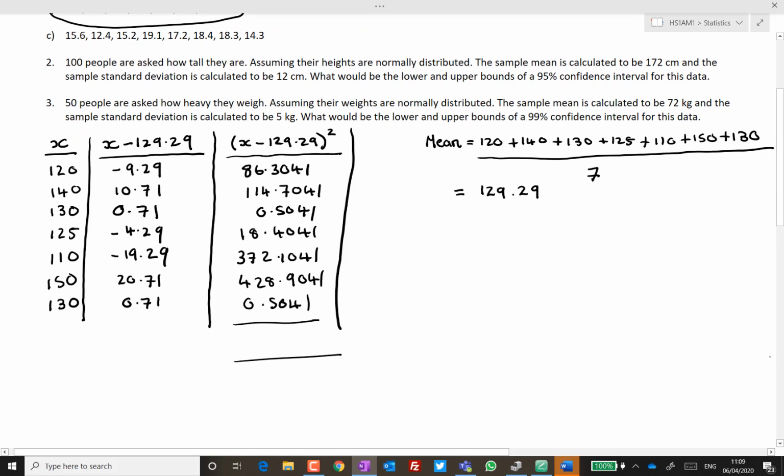So we'll go 86.3041 plus 114.7041 plus 0.5041 plus 18.4041 plus 372.1041 plus 428.9041 and finally 0.5041. Gives me a total of 1021.4287. So to calculate our standard deviation,